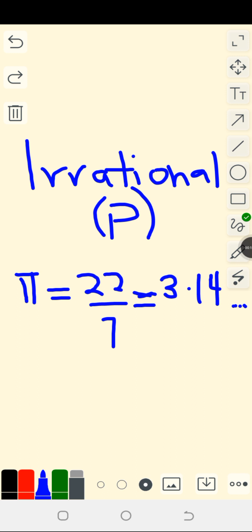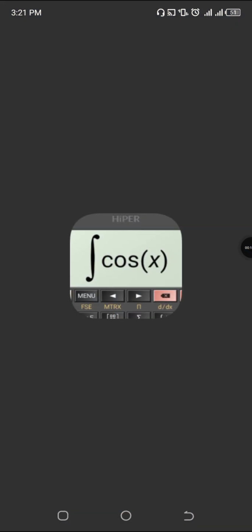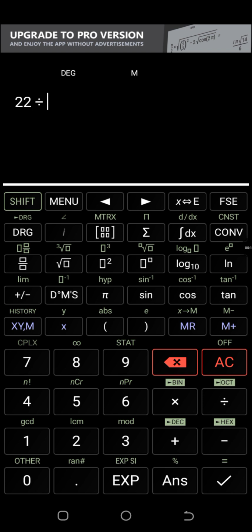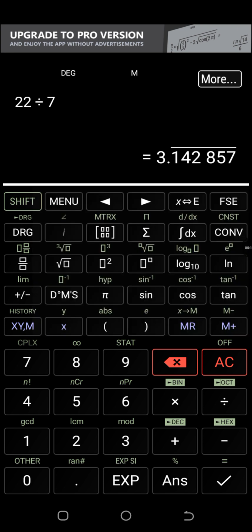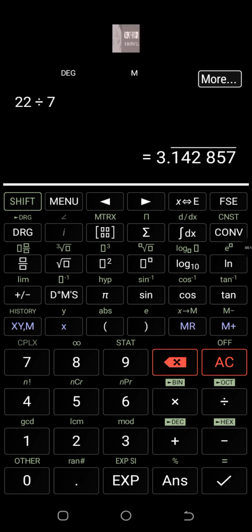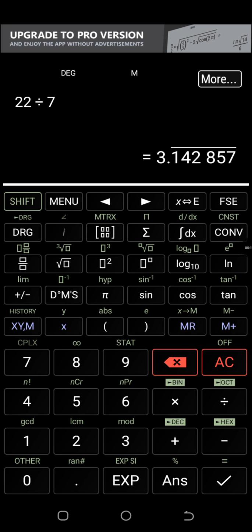Because when you look at the number itself, 22 over 7, when pressed in a calculator, can never give us a terminating decimal. Let me quickly bring you up to speed on this. Now, this is a calculator. We have 22 divided by 7. Now look at this. This line drawn at the top shows that we have numerous numbers after it. It shows that similar numbers occur after the last number,